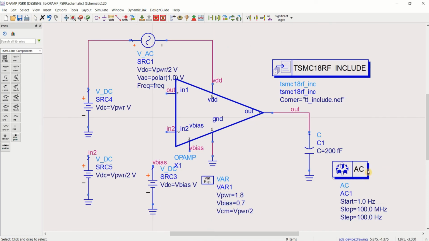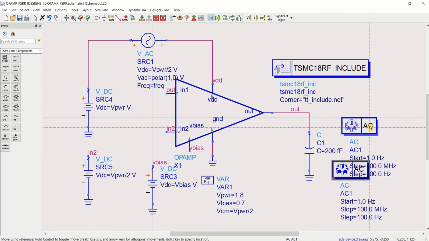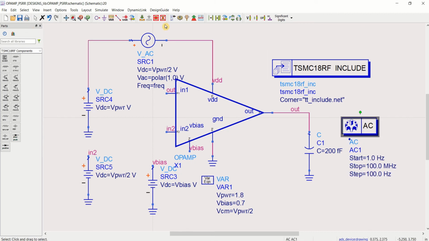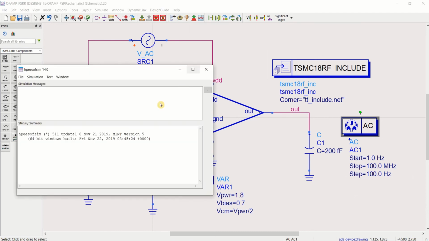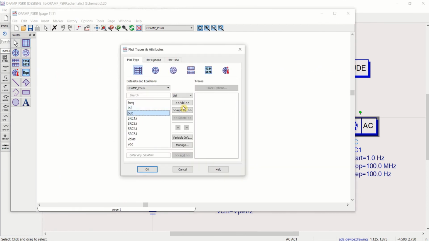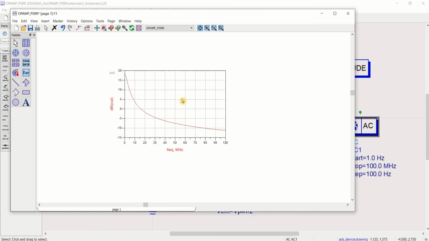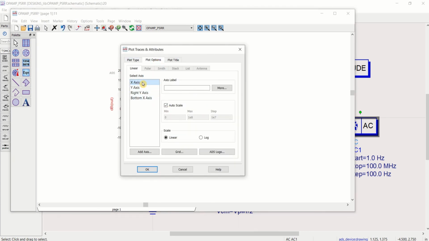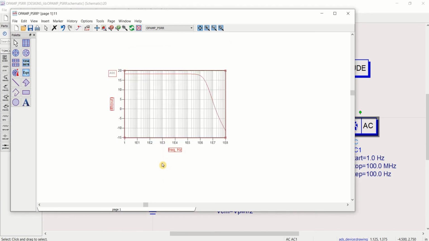Save the design, and you can perform the simulation again. Plot the results, select the out in dB, click on OK, plot options, x-axis with the logarithmic.